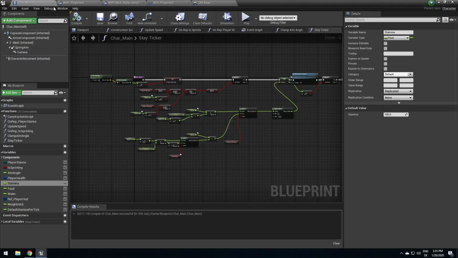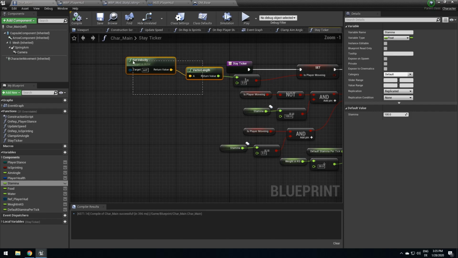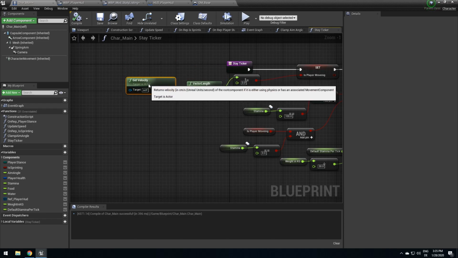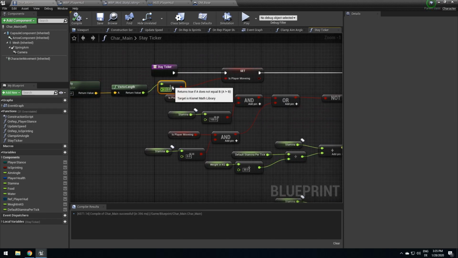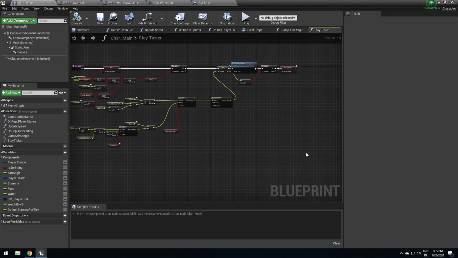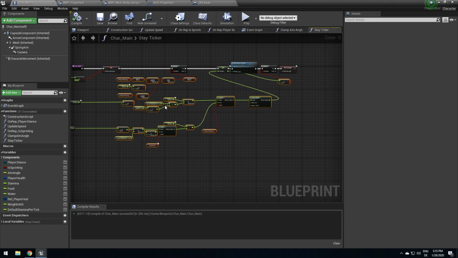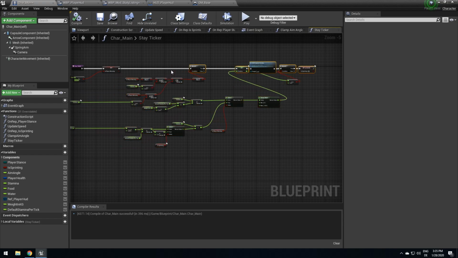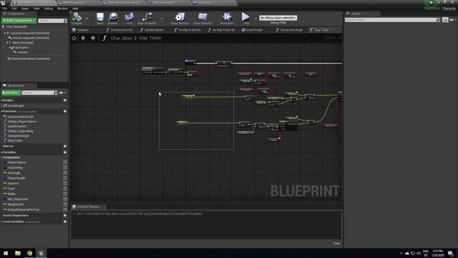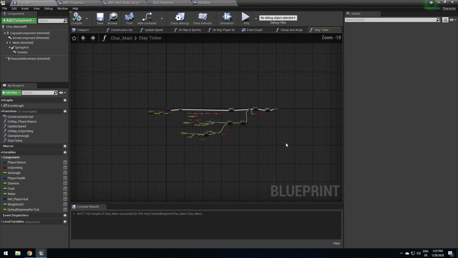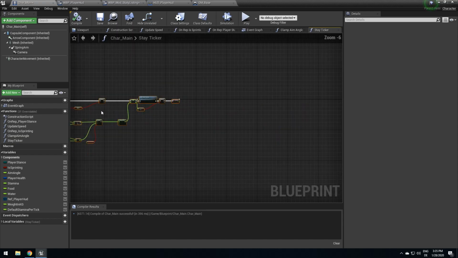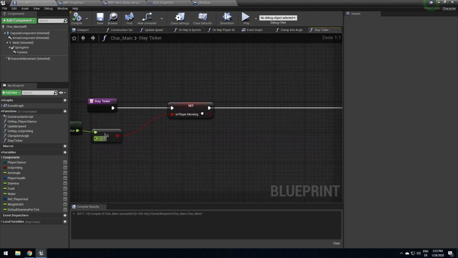So the next thing would be, we want a system, not for stamina, but a system for food. And food should always get reduced unless you eat something. So in our case, let's just go ahead and make some space in here. Let's select everything and move that over. I'm using my arrow keys because it's easier to move stuff over that way. All right, so